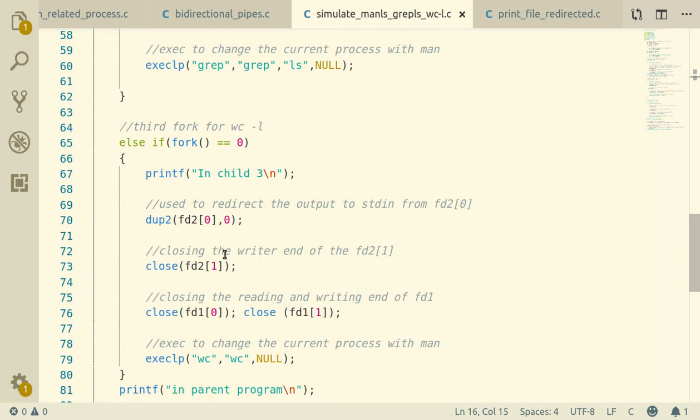In the case of the third child, I am again doing the dup2 system call. This is called the duplicate system call, so it duplicates the two file descriptors. After that it will replace the old file descriptor with the new file descriptor. So whatever work we do with the new file descriptor is done on the old file descriptor only, but the file descriptor gets changed. So in the third case, if I show you the figure,